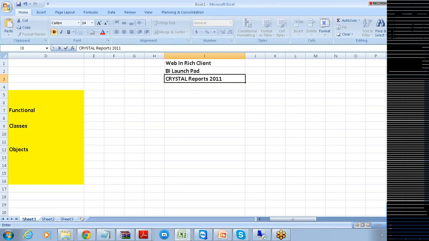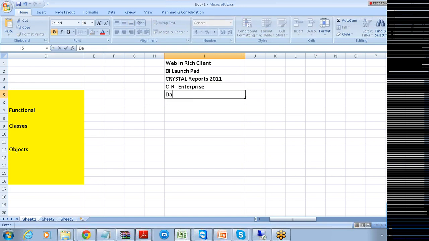This is Crystal Reports 2011, and then you have Crystal Reports for Enterprise. That is the next thing you have.